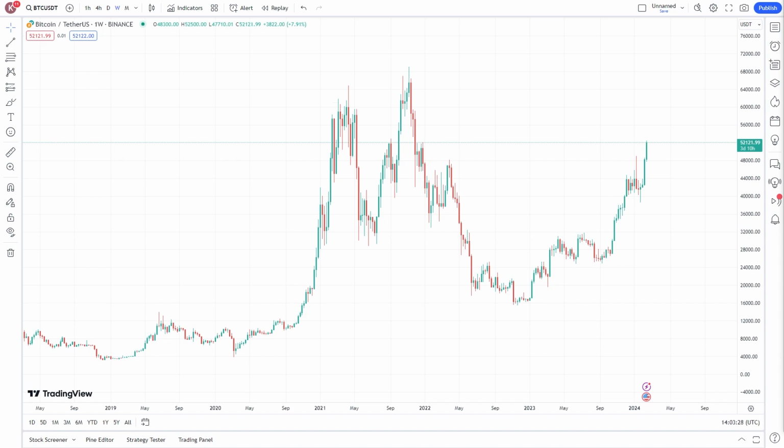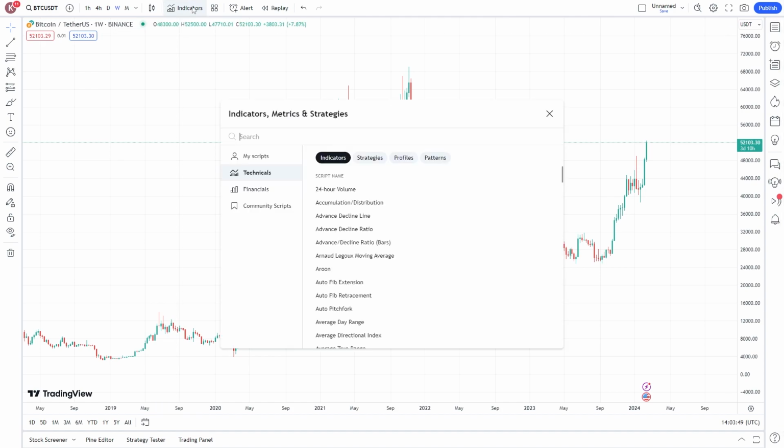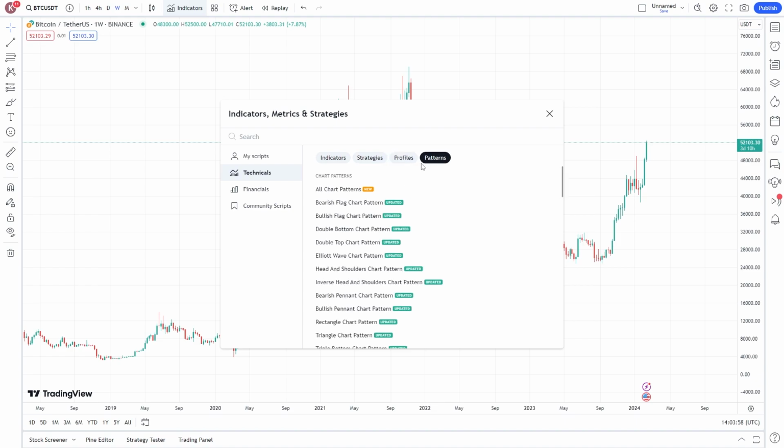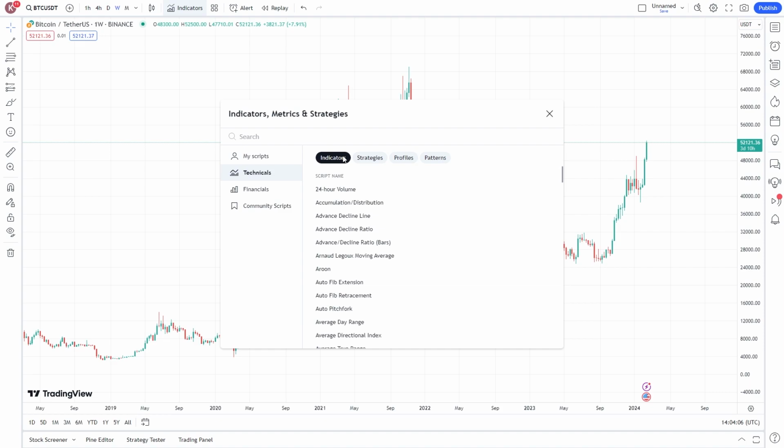So I've got the Bitcoin chart up here, and let's just say we wanted to add a few indicators onto this chart. We can actually go up to the top where there's all these options, and as you can see right here, it does actually say indicators. So if we click on that, that'll bring up this list of all the indicators that are actually on Tradingview. So they actually have indicators as well as strategies, profiles, patterns, so you can really get everything you need from this section right here. But since we're trying to add indicators, I'm going to go into the indicators tab,